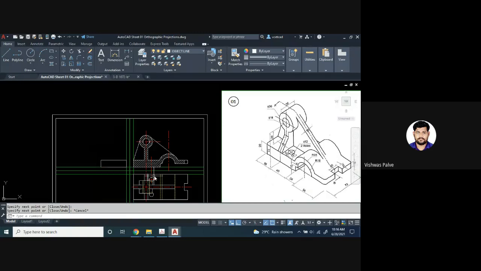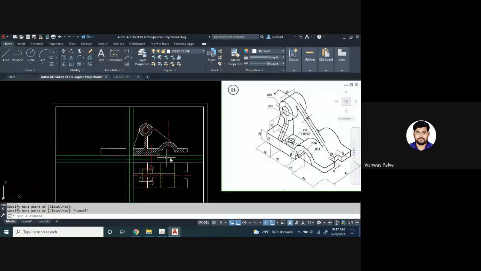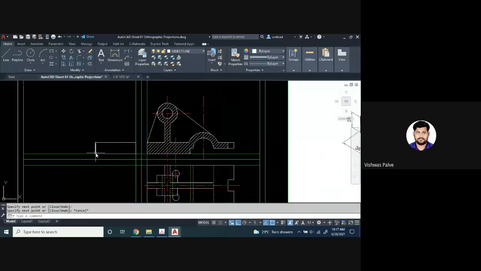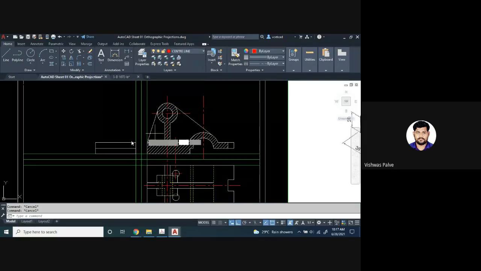First, we have to represent this portion. When we observe it from here, then at a distance of 10 millimeter, you will get a horizontal line. Then we have to draw a center line representing the vertical axis. So this we are going to represent.